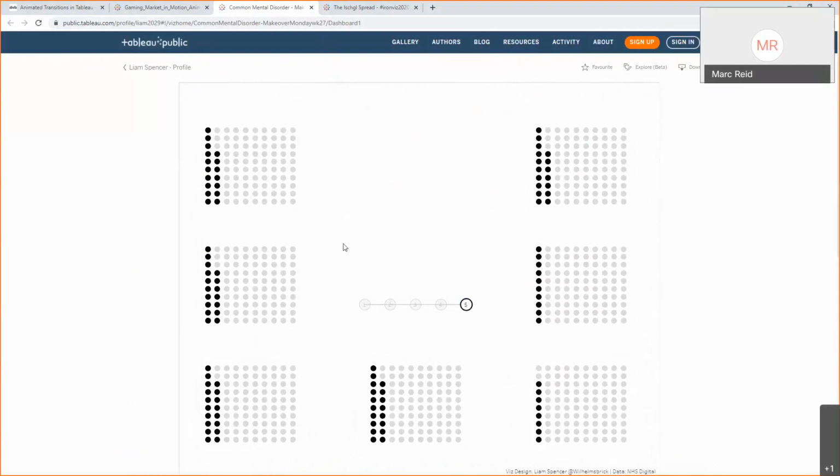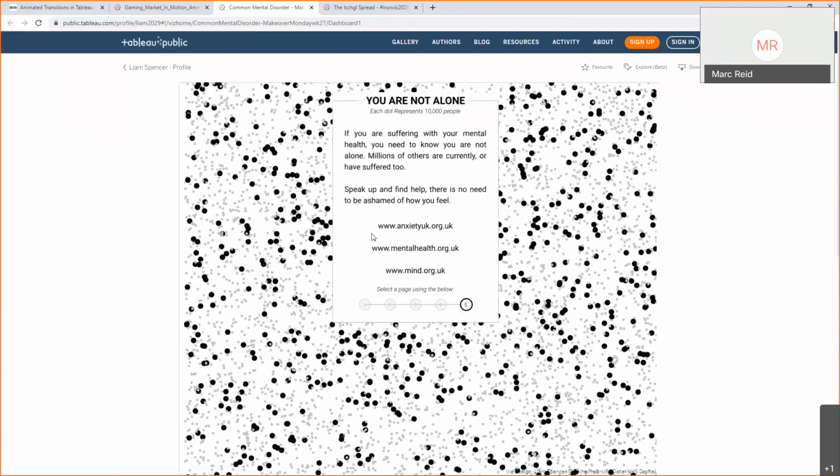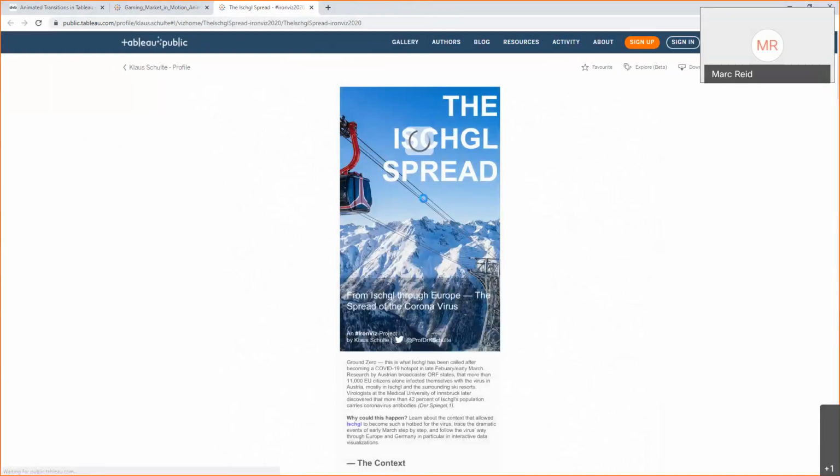You can see that then they move back to this prior state here, and you get the kind of story being told as you step through here. So really nice visualization, and then the blog post that Liam has on his talk through how he created that in some detail. So just checking that out. And then there's this one example from Klaus, as I say.